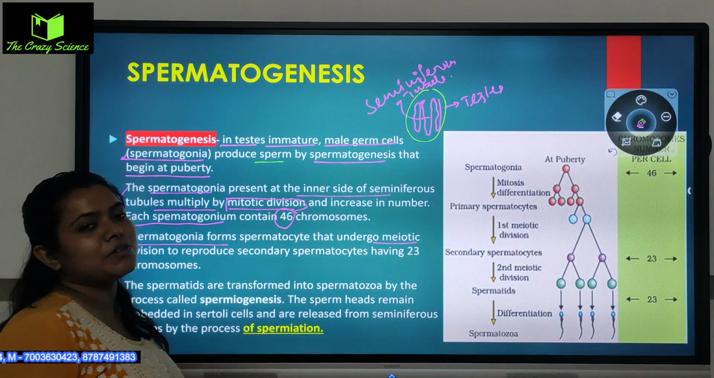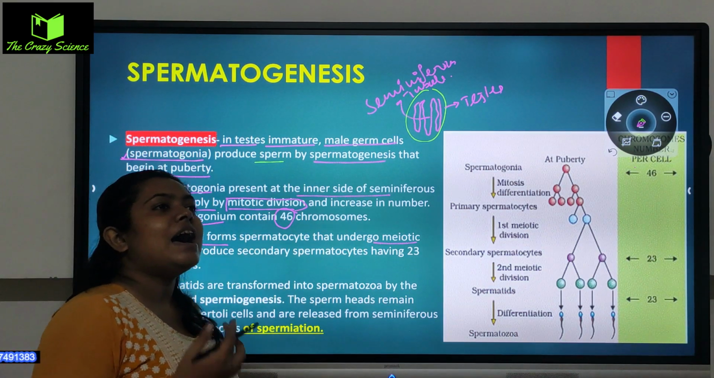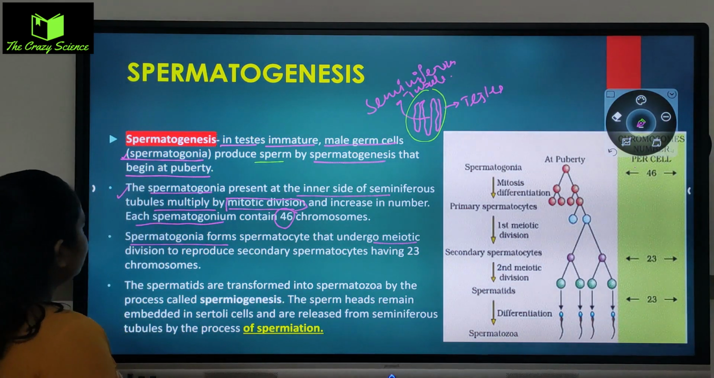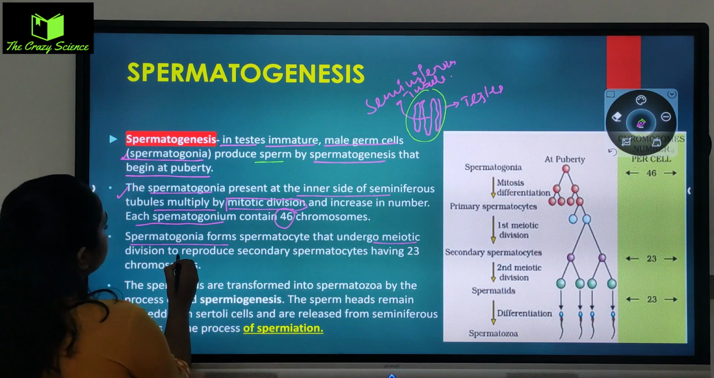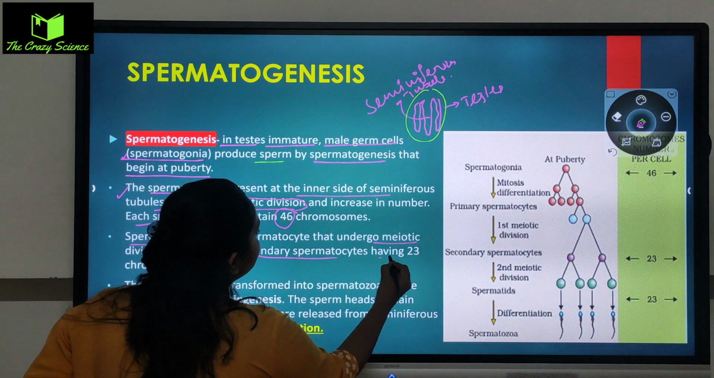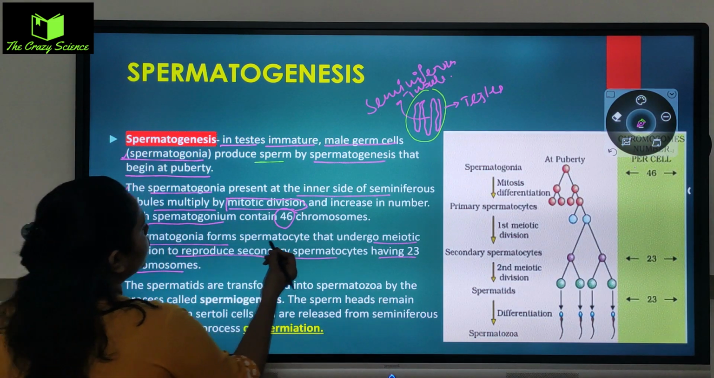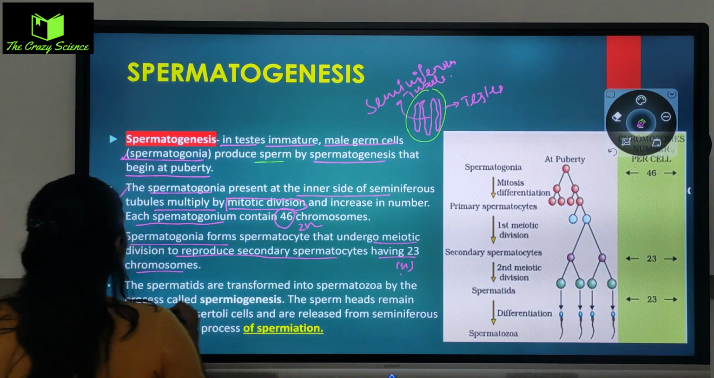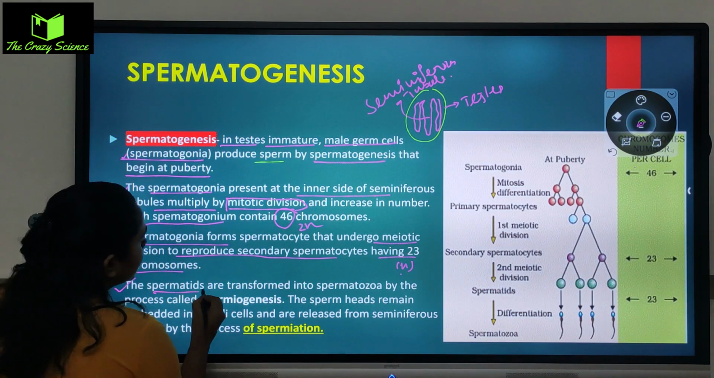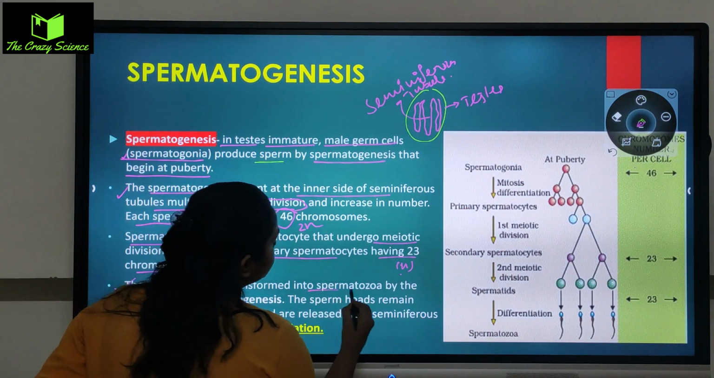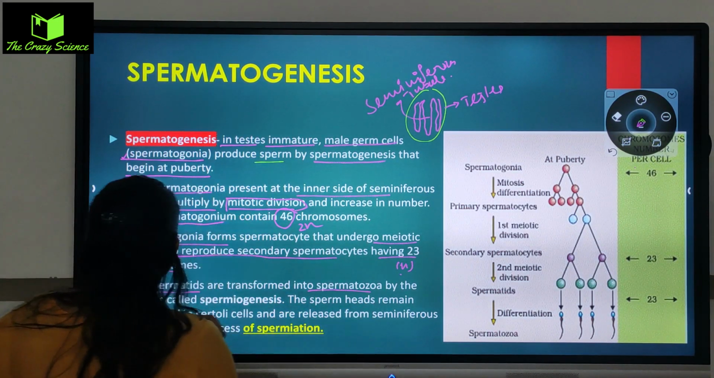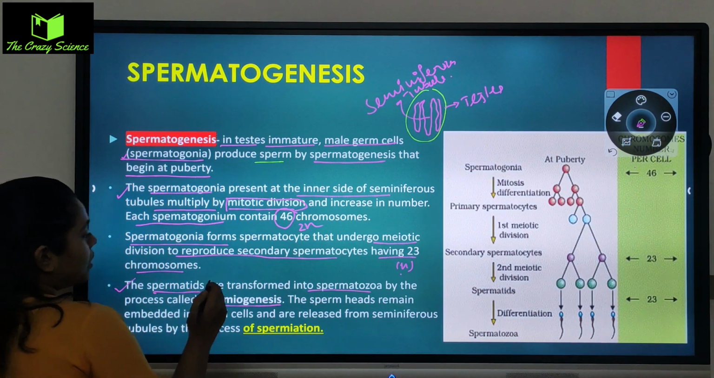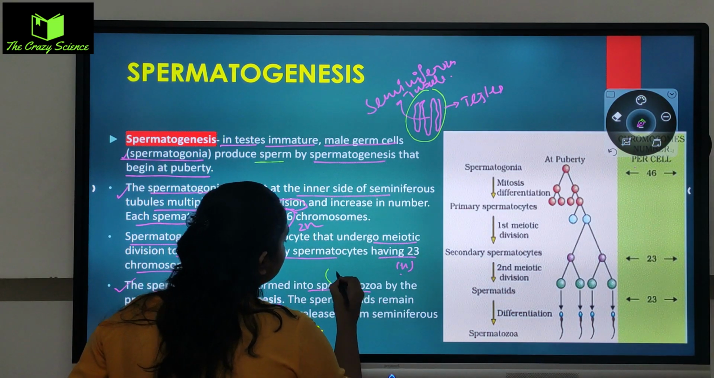আমরা এটাও জানি meiotic division is called reduction division, and it happens in the germ cell of the body. So the meiotic division to produce a secondary spermatocyte having the 23 chromosomes. So 46 basically it's a 2n and 23 is a n in chromosomes. The spermatids যেটা থাকে are transferred into the spermatozoa by the process called the spermiogenesis. তো basically spermatozoa আমরা যেটা বলছি এটাকে আমরা sperm বলে থাকি।